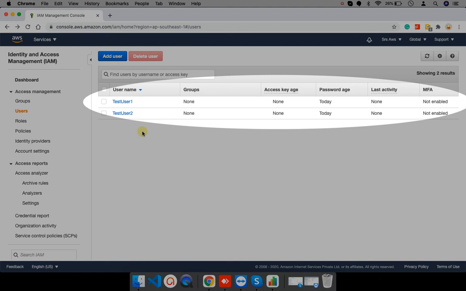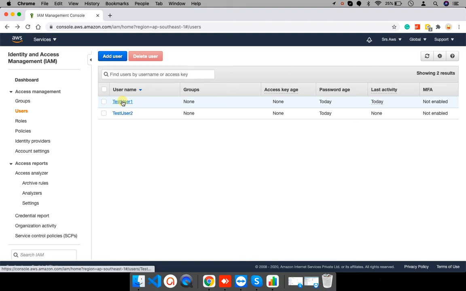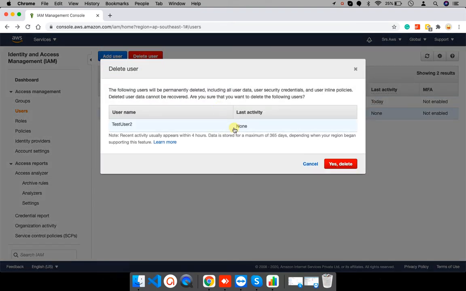Password age means when they last changed their password, and currently this user has AWS EC2 read only permission. You can anytime revoke that permission so they cannot see any instance, or you can add some more permission, for example write permission or admin permission. And to delete, select the user and click on the delete button.